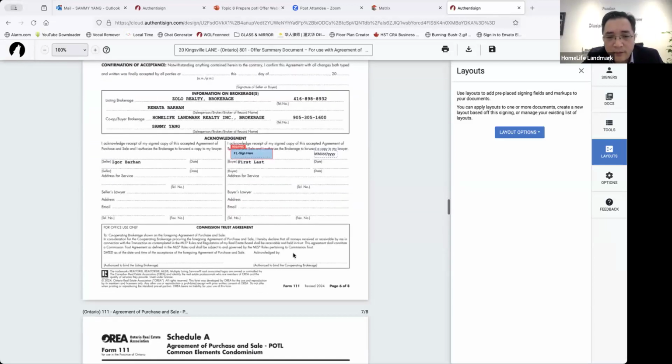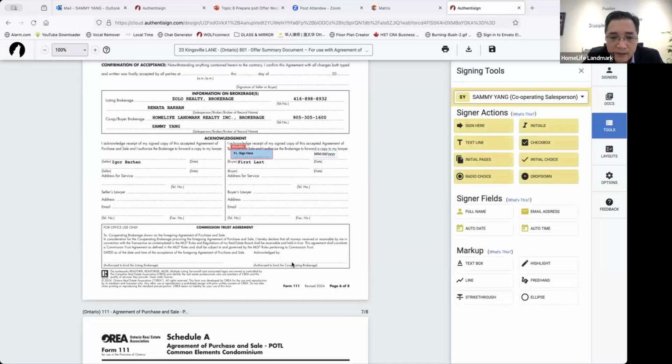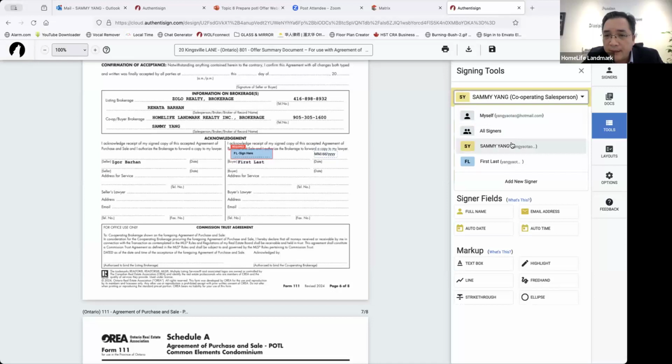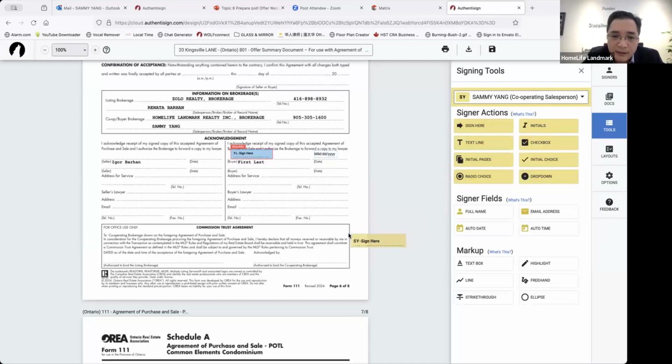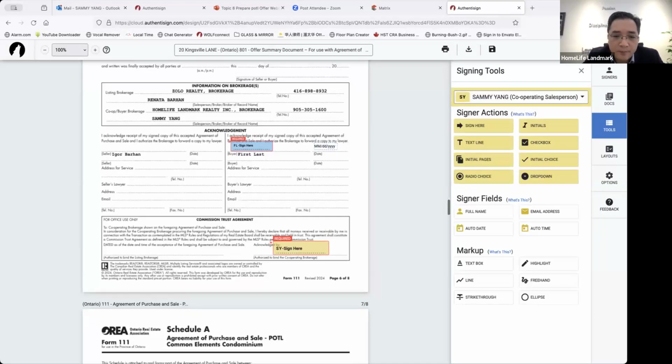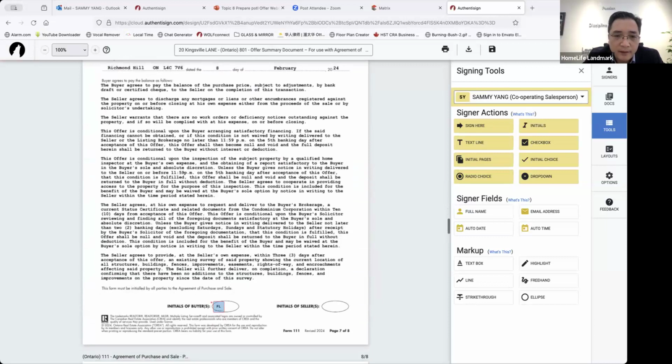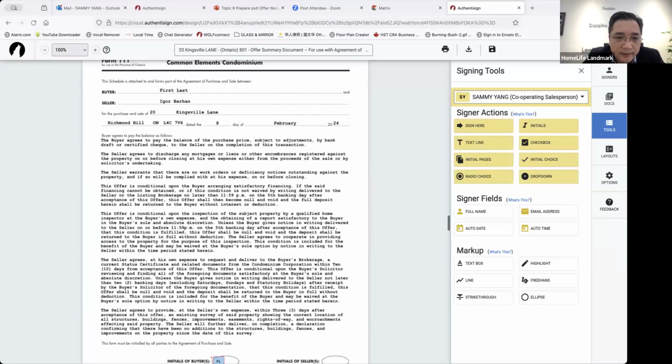And here is always missing the agent's signature. We click, we switch to agent, we place the initial here. Delete, this is the agent's signature. We go to the next page. And if the buyer said, you know what, the property is pretty new, I don't want